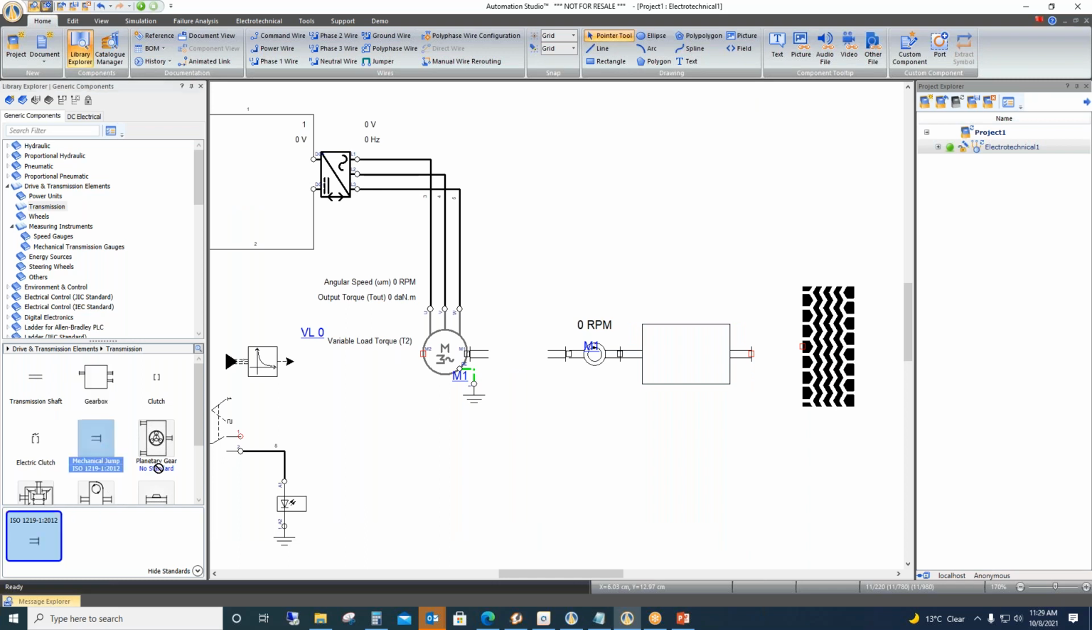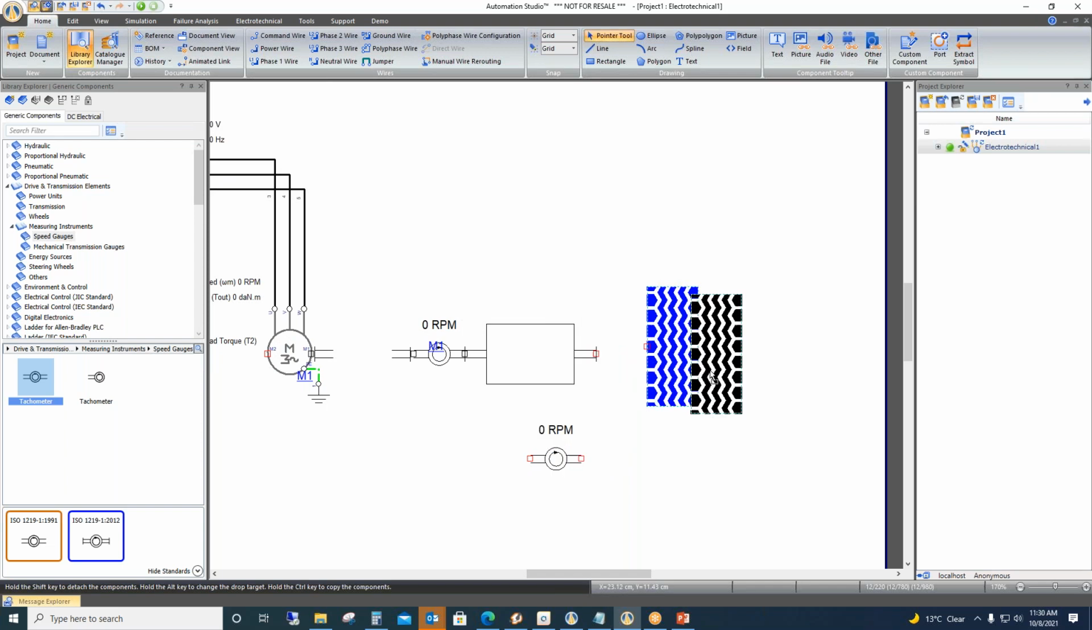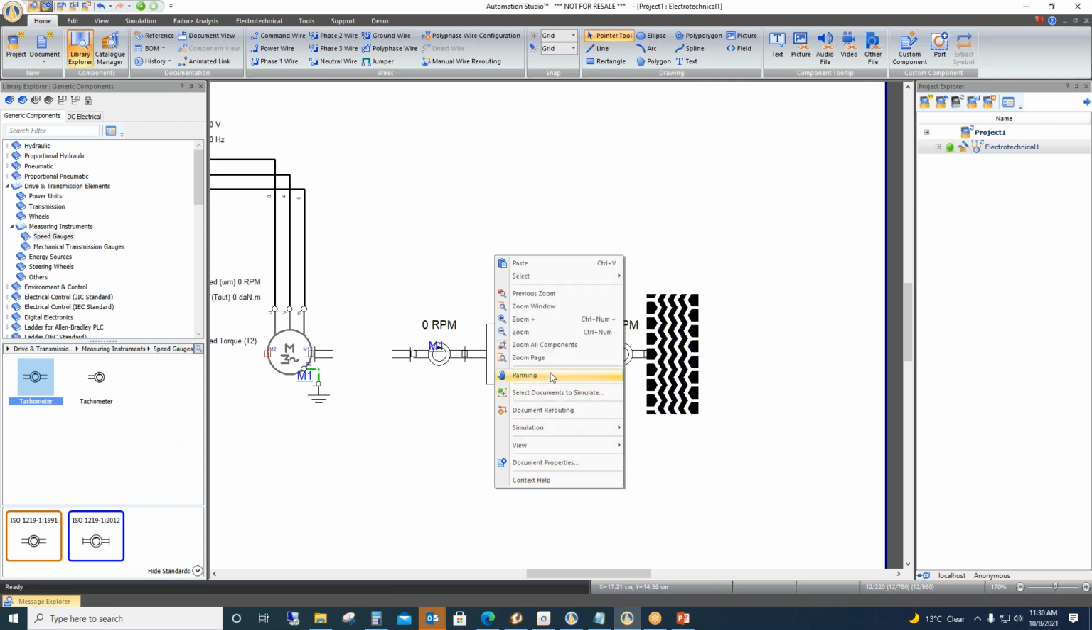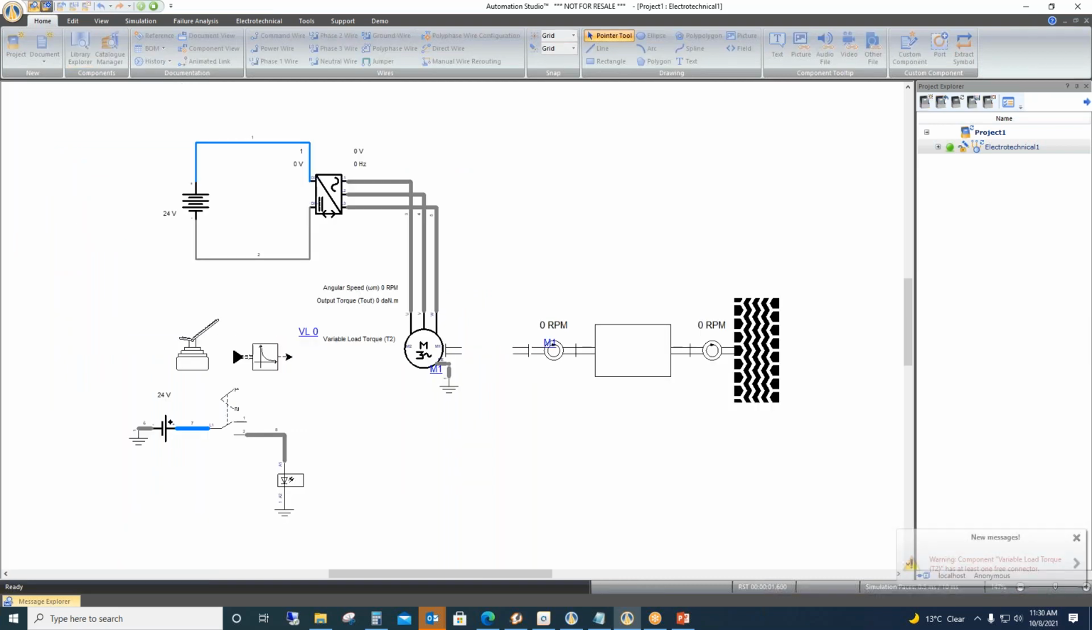Okay, then I'll be taking one more tachometer, so it will measure the output speed of the gearbox, and then I'll be giving it to the wheel. Okay, so now if I start the simulation, I'll turn on the ignition,